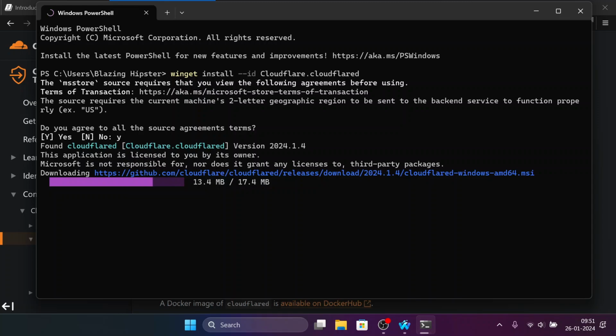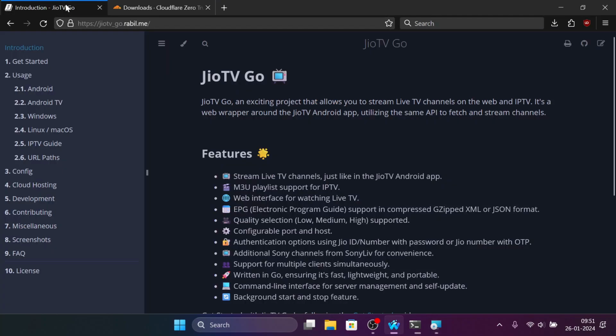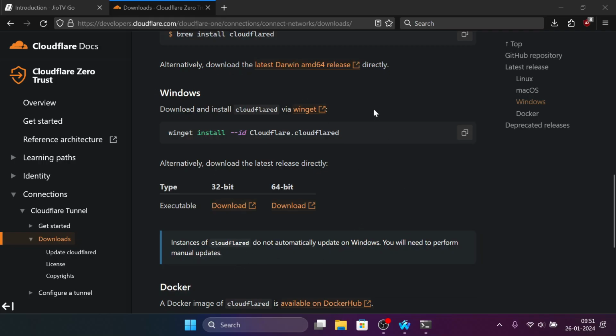In the meantime, I'll show you this can work on any server you want, but for this purpose, I'll be using this local server called GeoTV Go, which allows you to run GeoTV apps on your PC. Here it's asking me for administrative access, so I'll just say please. Yeah. So you will simply receive a pop-up with administrative privileges. Simply press yes.